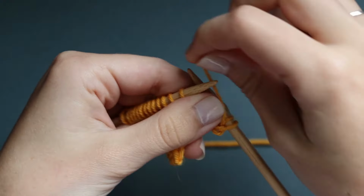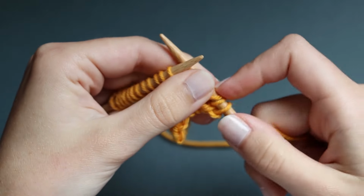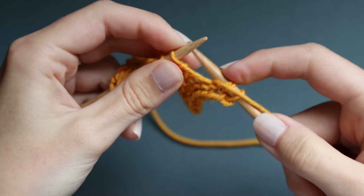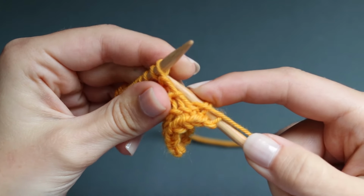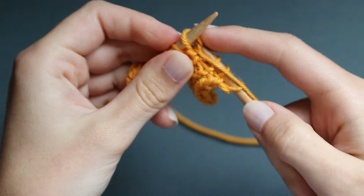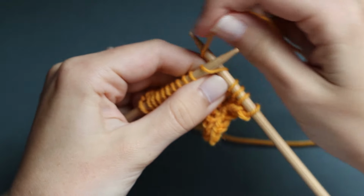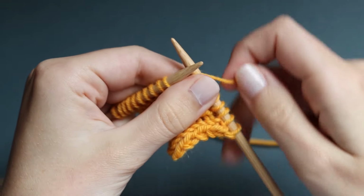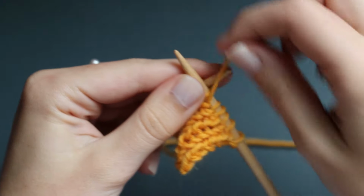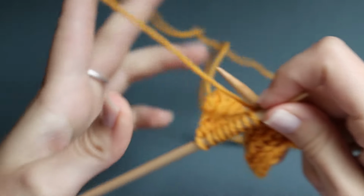Purling through the back loop, knit one normally, purl through the back loop. Purl through the back loop, and now I will just switch to show you